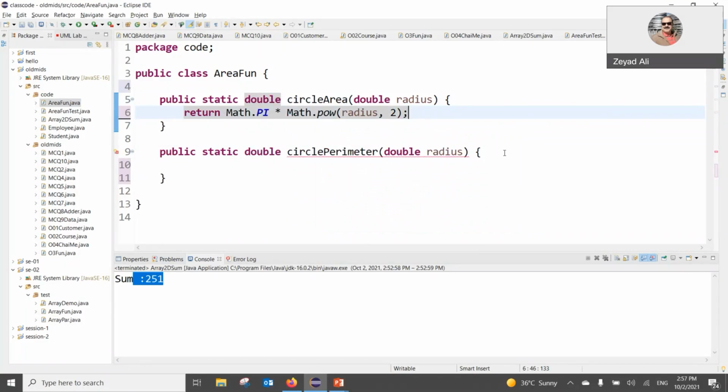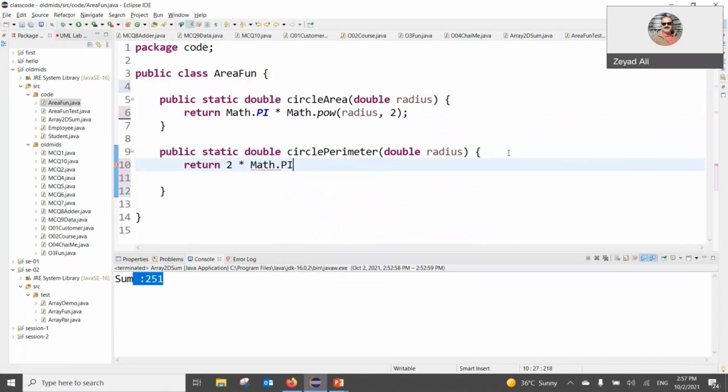Second one is also simple, which is going to be return 2 times math.pi times radius. That's it, 2 pi r. We are done. We have two static methods here. Both take one attribute or one parameter, and both return double. So now if I go and see this,